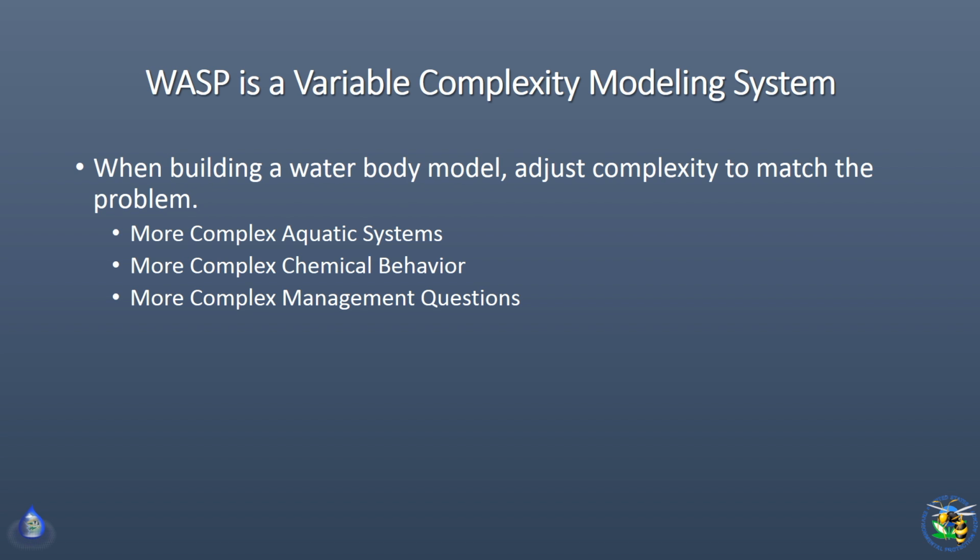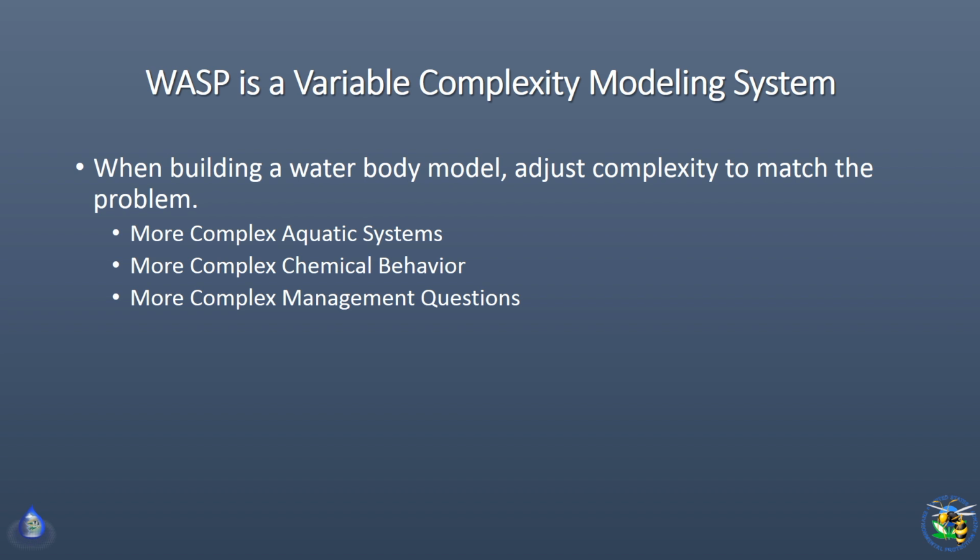So in essence, really, WASP is not a model until the user starts adding the state variables in it. WASP is actually a system of equations that have the built-in relationships amongst those different state variables. So if you wanted to do a simple Streeter-Phelps calculation in WASP, the only thing you would need to put information in for is DO, BOD, and water temperature, and the model would do all the calculations. A lot of the other water quality models that are out there, you have to do all or nothing, which basically means you have to simulate all of their state variables, provide all of the information for each one of those state variables before we would actually make an